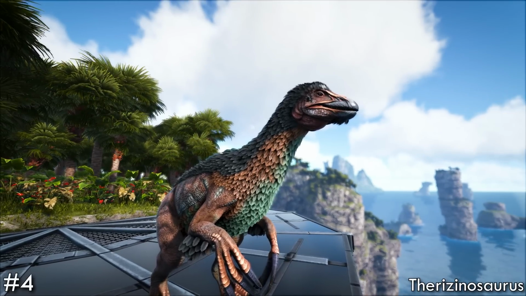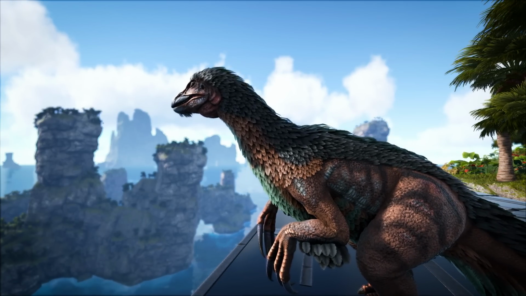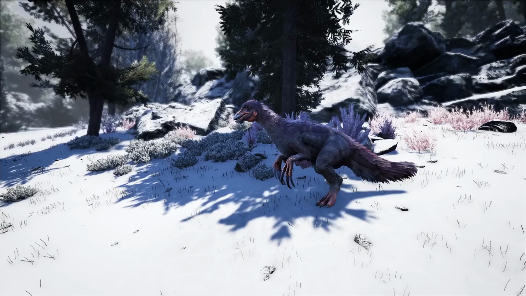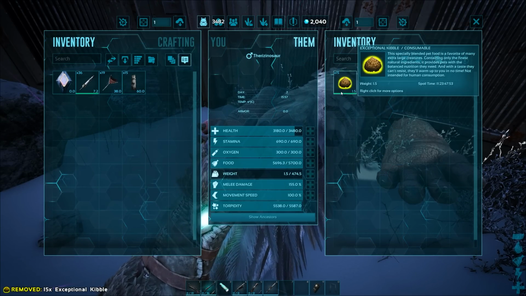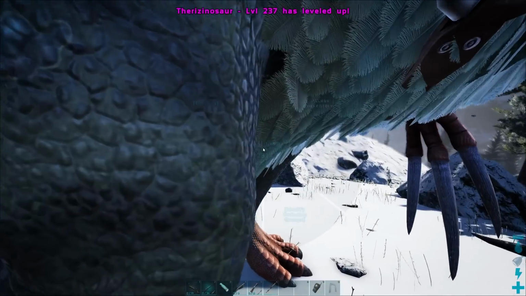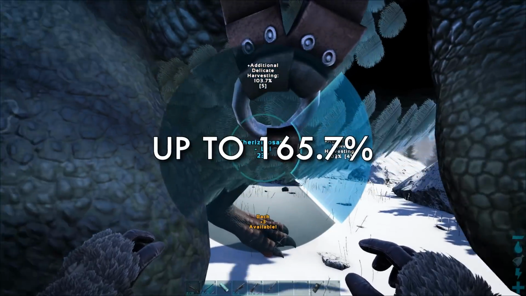In at number 4 is the Therizino. When it comes to harvesting everything at once, there's no better than the tickle chicken, with almost as much force as a Rex. Found throughout the western section of the Arctic and recommended to use exceptional kibble once knocked out, you've bagged a multi-tool, able to level in either power or delicate via a special pinwheel, boosting those particular harvests by up to